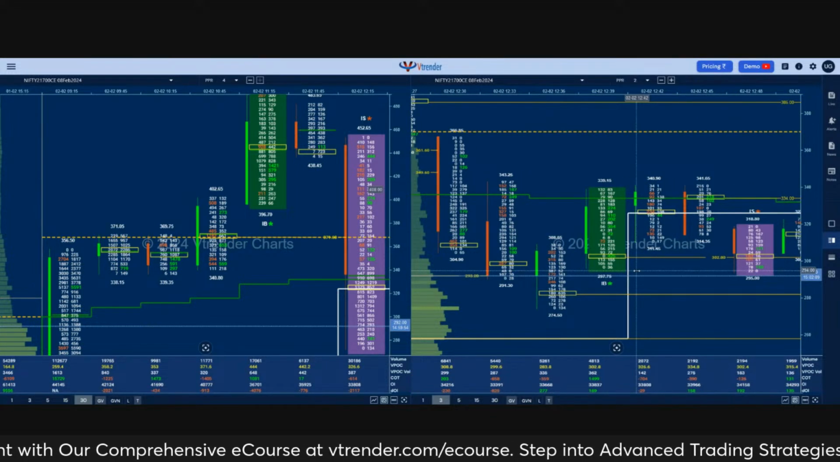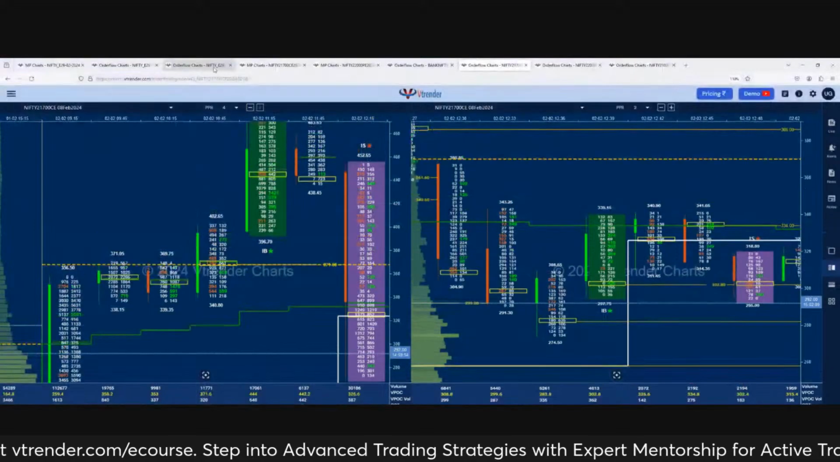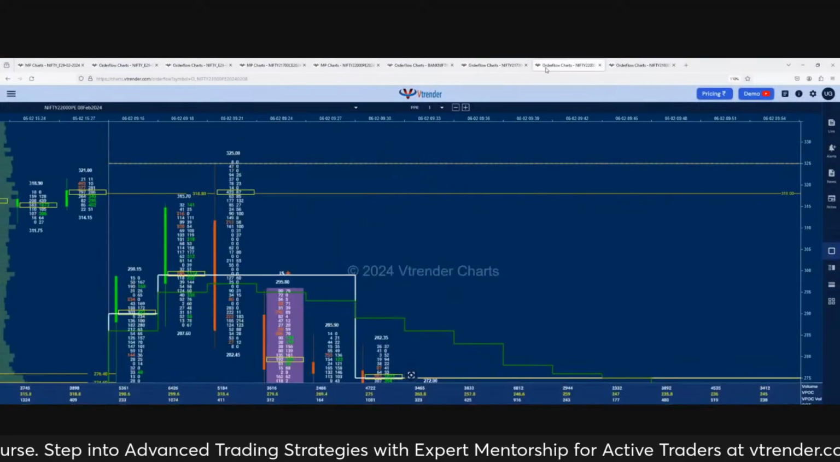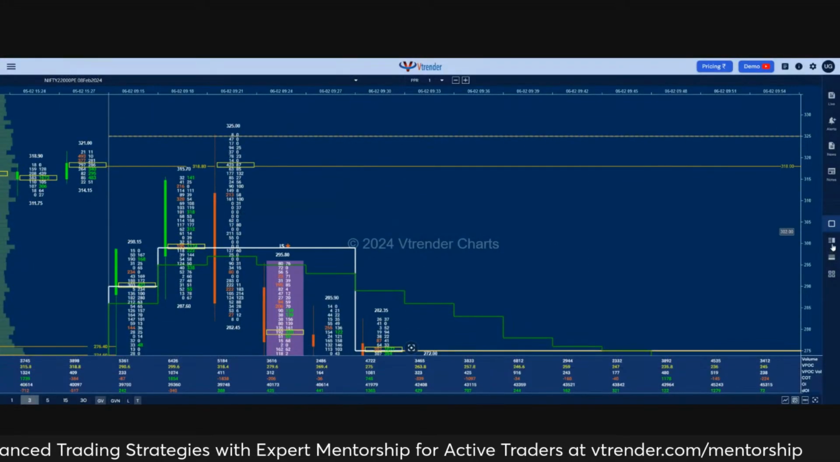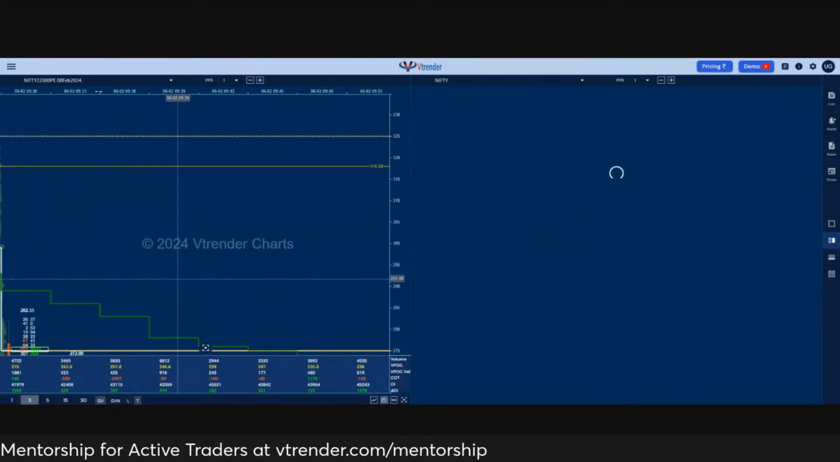It works both ways. So anyway, this is one example of how we could have taken the trade. I'll quickly come to the 22,000 put 30-minute order flow chart and only look at